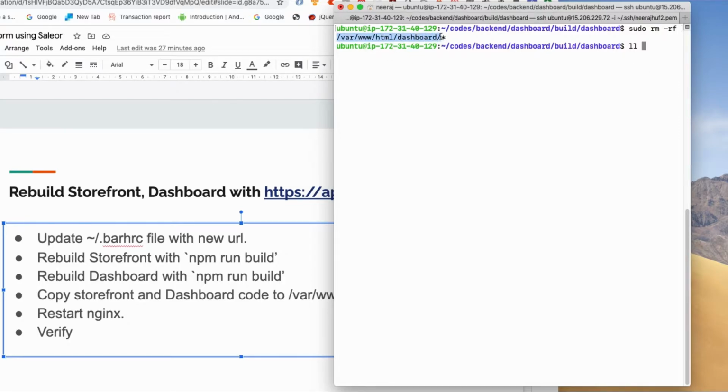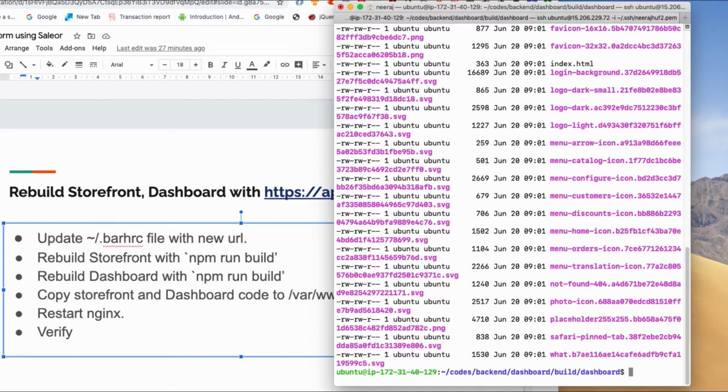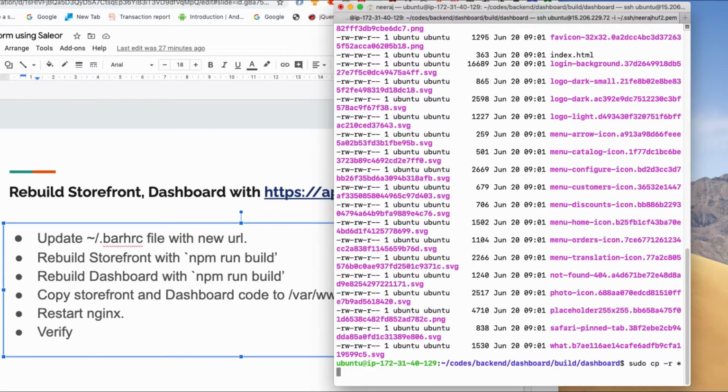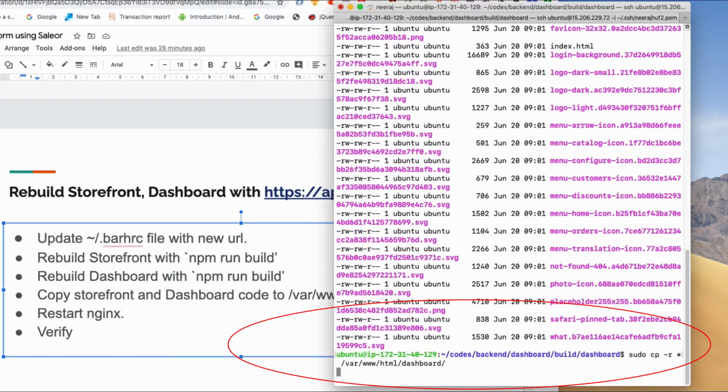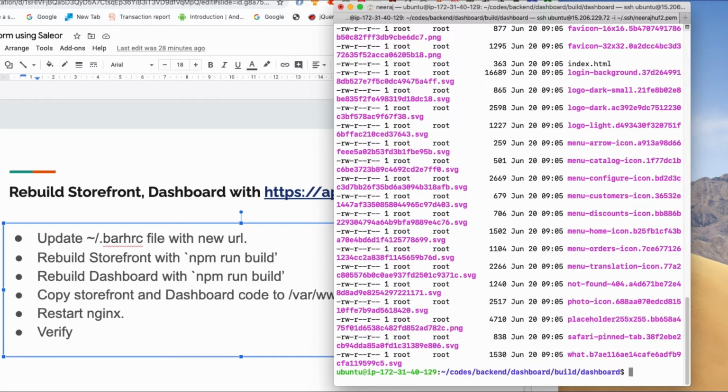Let's see if the code has been removed. Yes, my files have been removed. So I'm going to copy my current files to dashboard, and let's see if my files have been copied. Yes, all files are present.